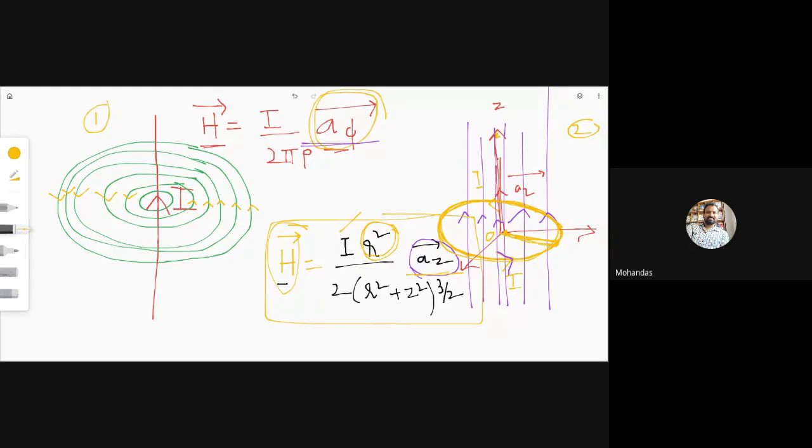From here to here, what is the meaning of this here? This is the radius. So R is the radius here, where R is the radius, I is the current, and AZ is the direction of that magnetic field intensity. So these two formulas are very, very important, and these two concepts are also very, very important to understand the concepts of electrical machines. Yeah, I hope it is clear to everyone. If anybody has any doubts, you can ask here.